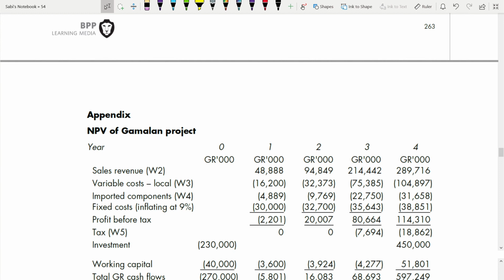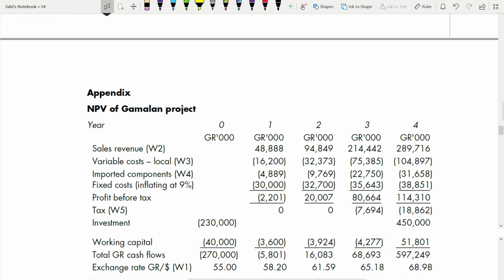Be professional. Maybe I think March is the last paper where you are going to go for paper based. If it's computer based, then you don't have to do so much working. All this making of tables is not needed because you'll be doing your workings in Excel. So everything is inbuilt. You just have to fit in the numbers. That's going to be one good thing when it comes to computer based. But for now, since March is paper based, you have to take a ruler and draw the proper lines. Without a ruler, don't draw lines freehand. It looks very, very unprofessional.